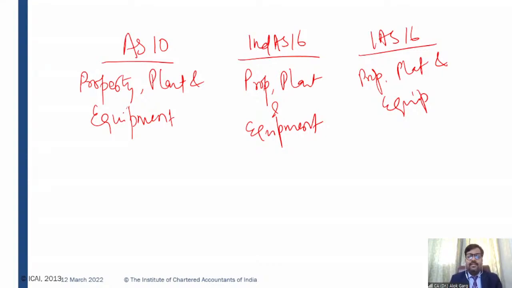Okay, so guys, let me talk further. Sir, what is the importance of this particular standard? Property, plant and equipment is very critical and important from the examination perspective as far as weightage is concerned, as well as from the real life perspective. This is something you will see in every balance sheet, from the balance sheet of a paanwala, a very small shop, to the balance sheet of Reliance Industries Limited. You will find property, plant and equipment.